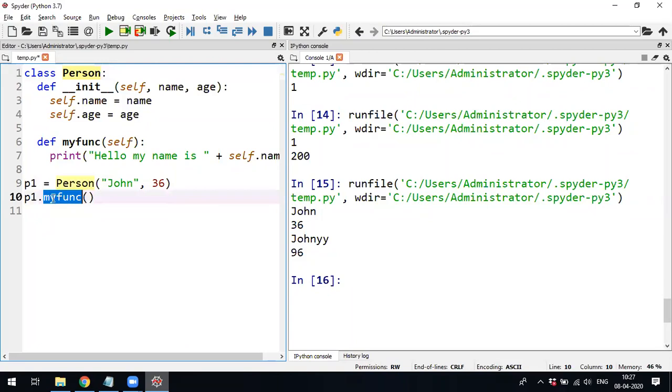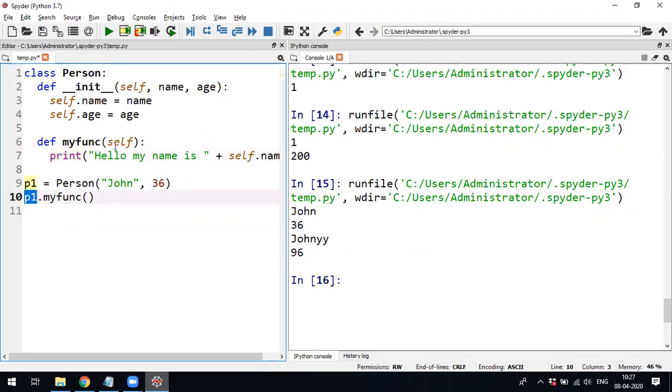If you call the function name p1 dot my function, see there is no parameter here. It just takes the reference. There is a reference keyword self. The next thing is just print hello my name is self dot name. Self dot name, why is this possible? Because p1 is calling.